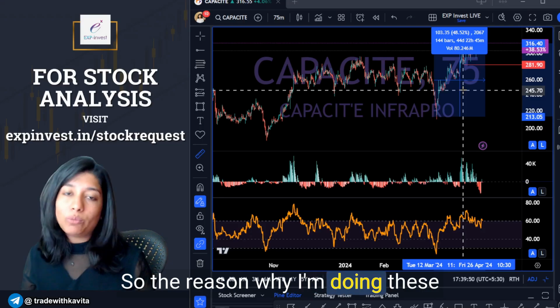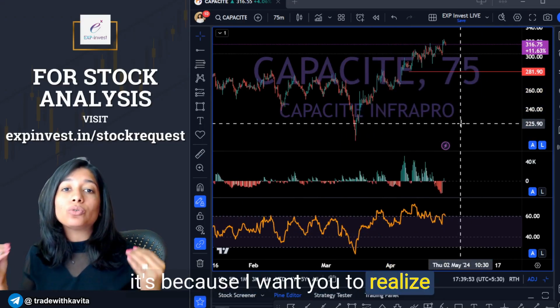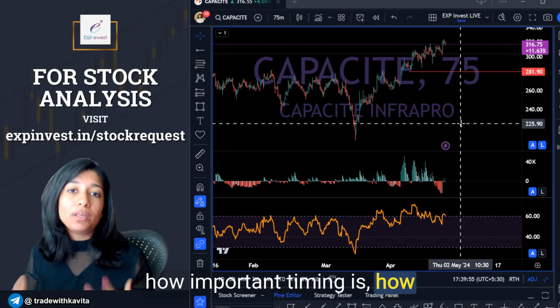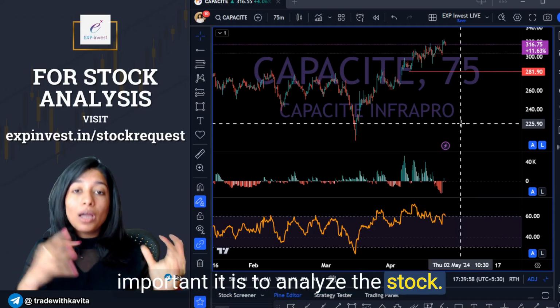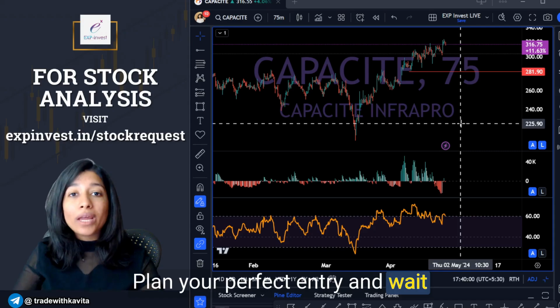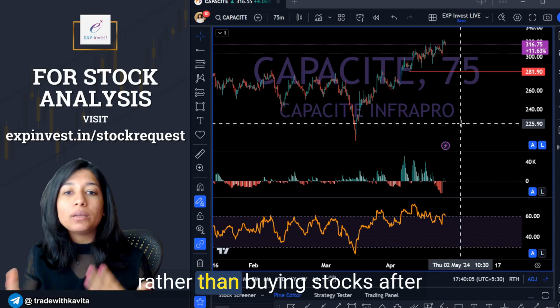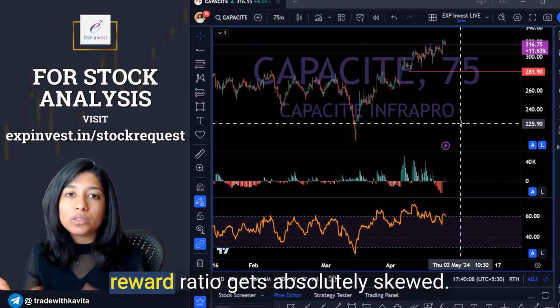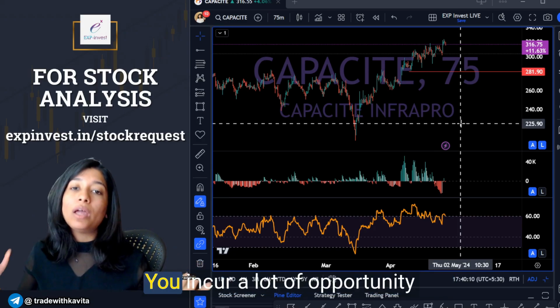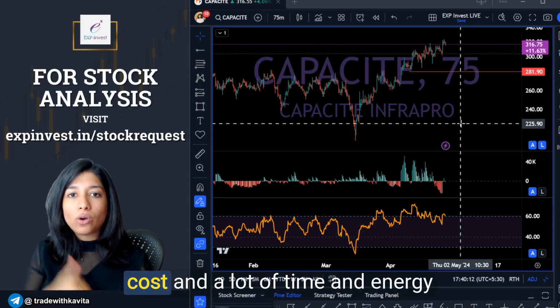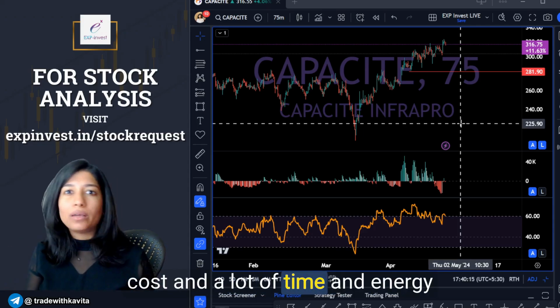So the reason why I'm doing these measurements again and again is because I want you to realize how important timing is, how important it is to analyze the stock, plan your perfect entry, and wait for that window of opportunity to turn up before you pull the trigger, rather than buying stocks after they've rallied, because your risk reward ratio gets absolutely skewed. You incur a lot of opportunity cost, and a lot of time and energy gets wasted